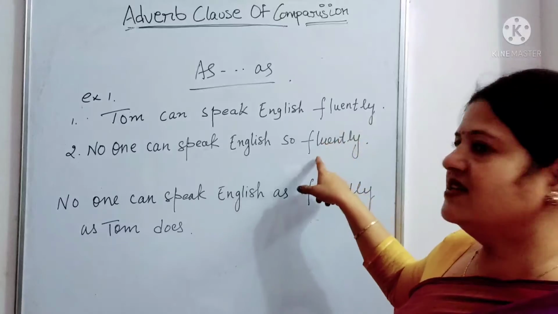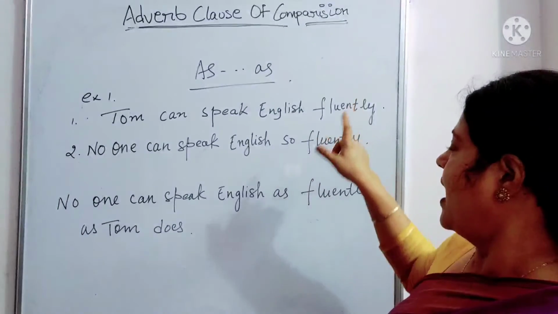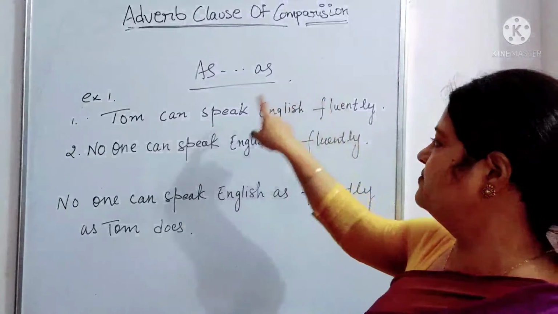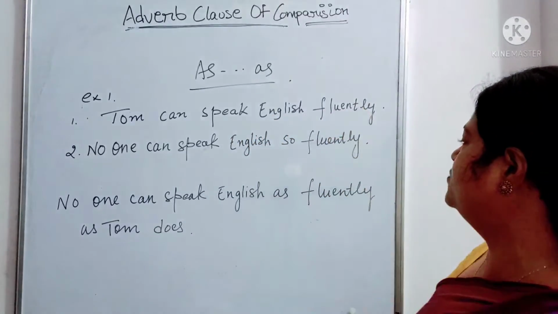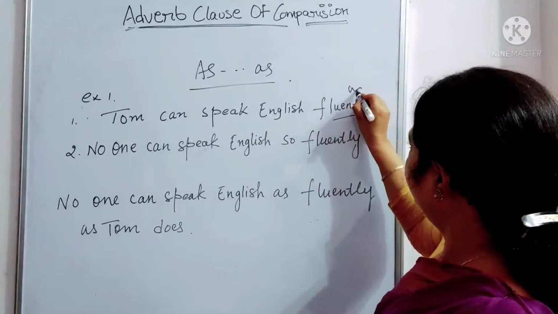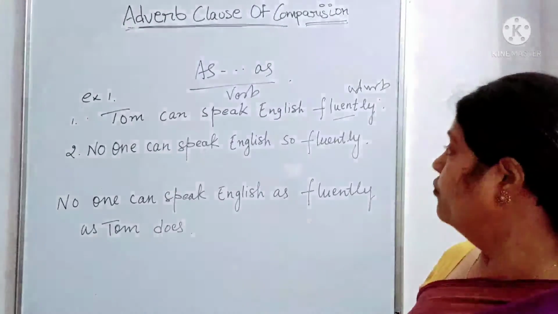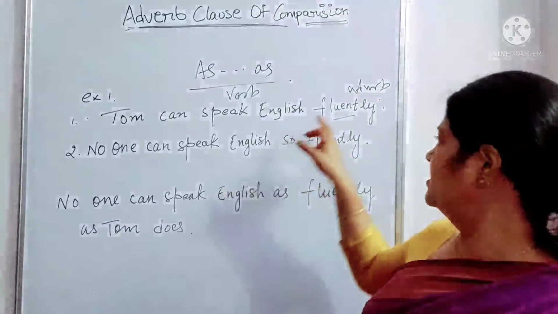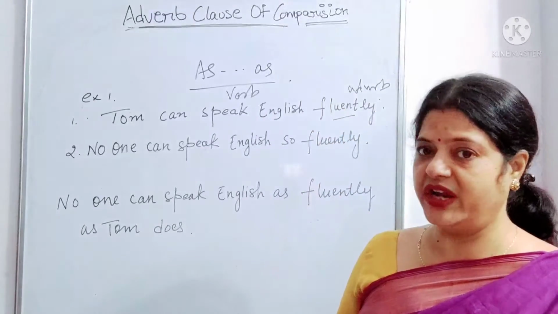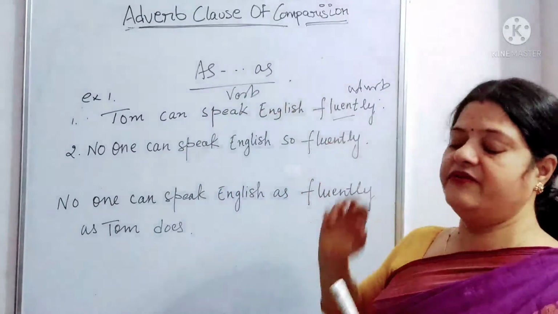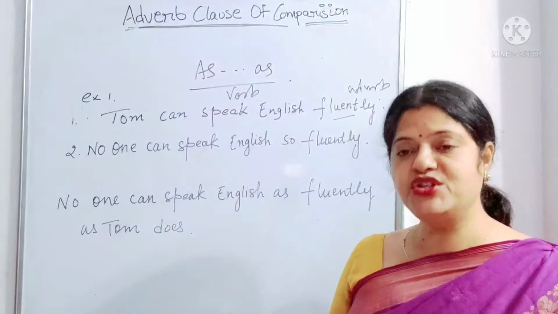So, in this sentence, we find that here fluently is an adverb. Okay. And this adverb fluently is modifying this verb speak. Tom can speak English fluently. So we see that this is an adverb. Fluently, it is an adverb, and this adverb is modifying this verb speak. So what we'll do is put this adverb fluently between as and as, the conjunction or connective, or between so and as. As I told you right now, between these conjunctions we always put